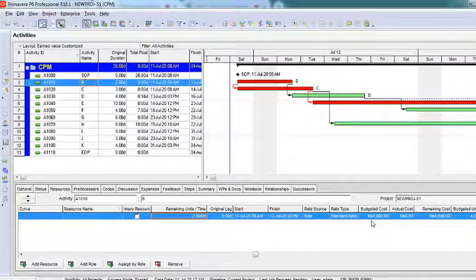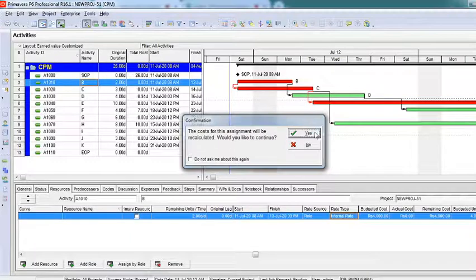Now this is only taking the standard rate. That is what we have told, 1,000 rupees. If you remember, I have given internal rate as 1,200 and external rate as 1,400 rupees. Now if I want to change that, I do not want to consider standard rate. I want to consider either internal rate or external rate, right? You can see here something called rate type. If I just go down here, I can pop down this. You can see we have all these options available. I'll select internal rate.